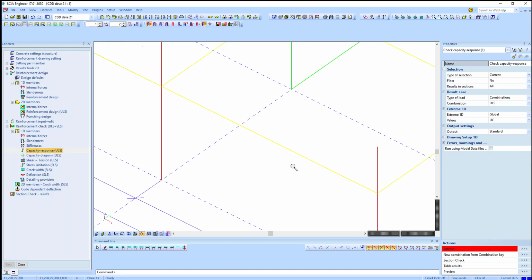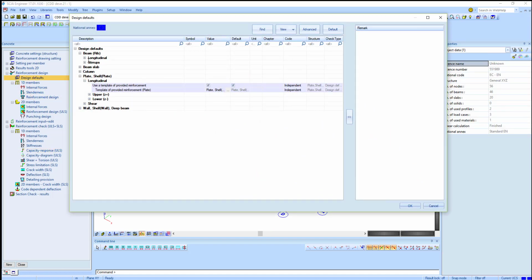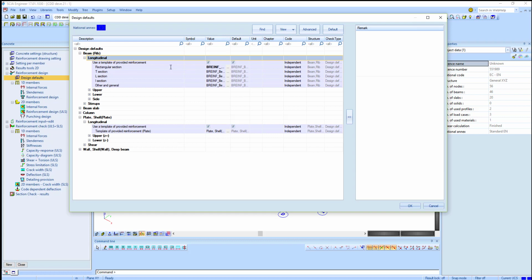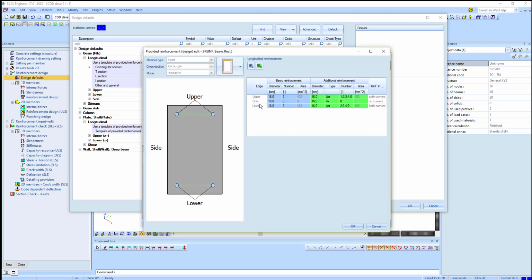Another workflow, as I mentioned, is by defining some provided reinforcement directly. In my case I have rectangular, as you can see from the design default, which means the place where you can, as a user, add your reinforcement directly inside your structure as data, not as a real bar. So here it's easier from the input point of view, because if I open it I can see its upper and lower reinforcement. I can do 2 bars 16 top, 2 bars bottom, and here I can use different